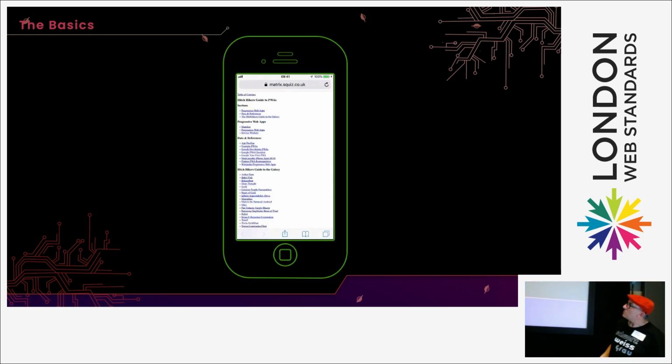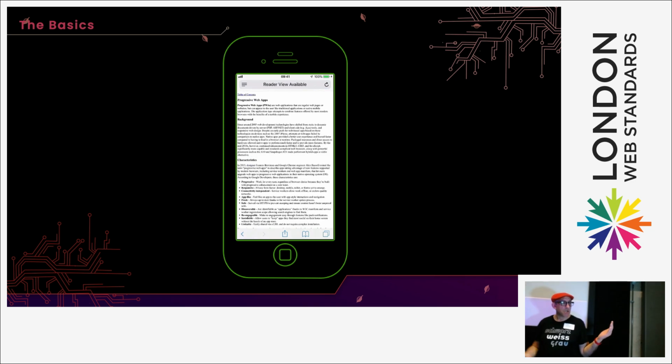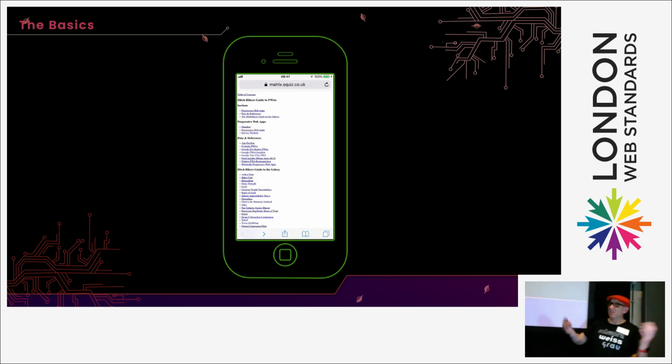Anyway, so here we go. We've got a website, and it is just some HTML. Some HTML that is some headings, some text, some links that link to other pages. And that's all it is. So, what I'm going to do is add to this using technologies that we've talked about to make it into a progressive web app. So from this point, all we've got is some text, headings, and links.